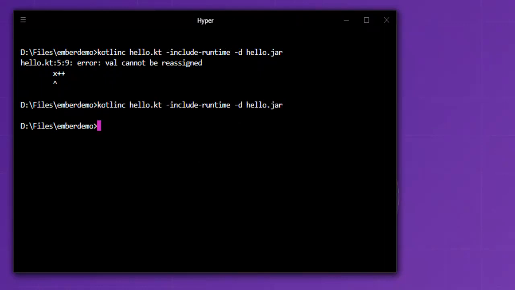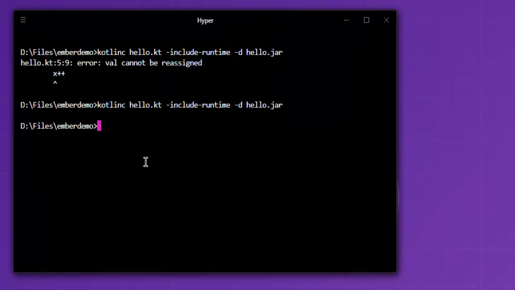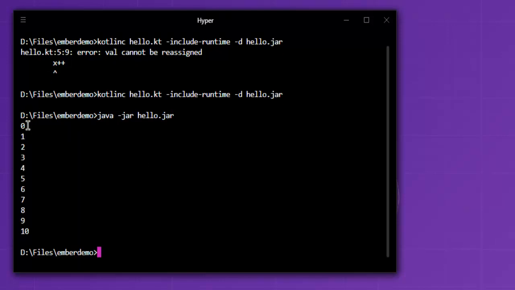Now when you use the val keyword for a variable, it will only take the assigned value, and if you want to change that as we operate, then you can use the var keyword instead. And then the rest of the program compiles just fine. Now what we have to do here is use java -jar and then hello.jar. Now hit enter, and you can see the value incrementing from 0 to 10. So this was a simple example for while loop in